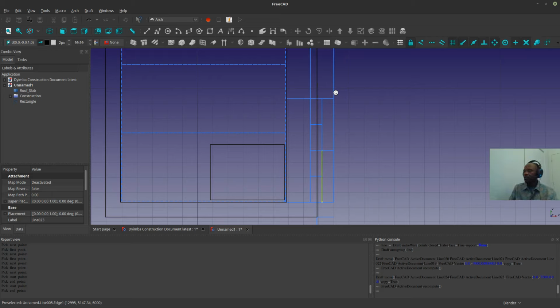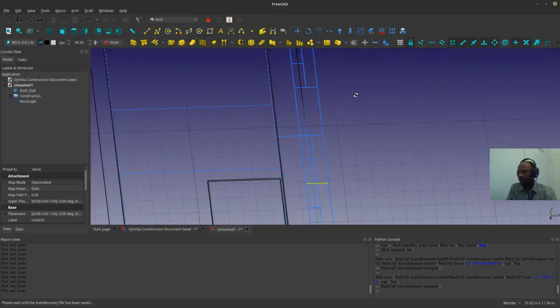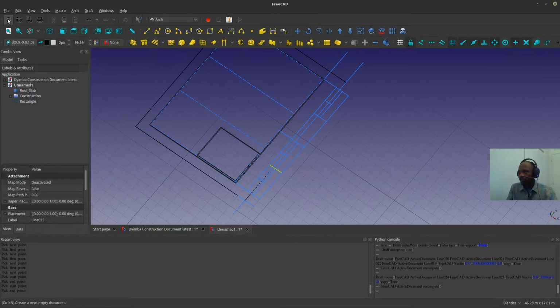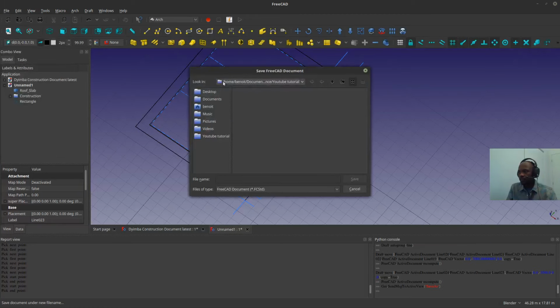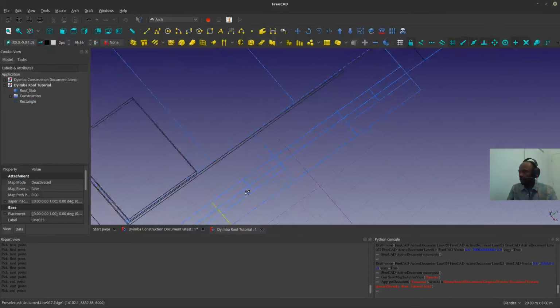I haven't saved this one. Freecad roof. I think it's auto saving. Okay. So I'm gonna file, save as. The project was Zimba roof tutorial. Save that. Okay, so now I can